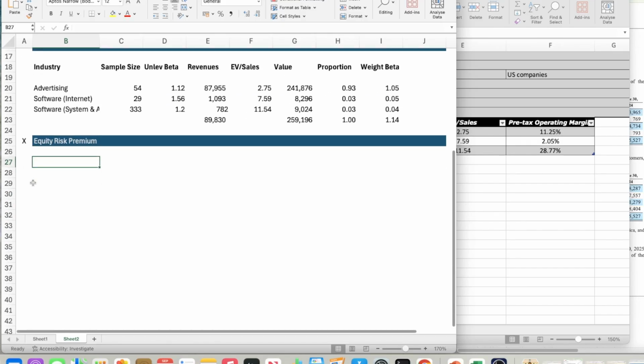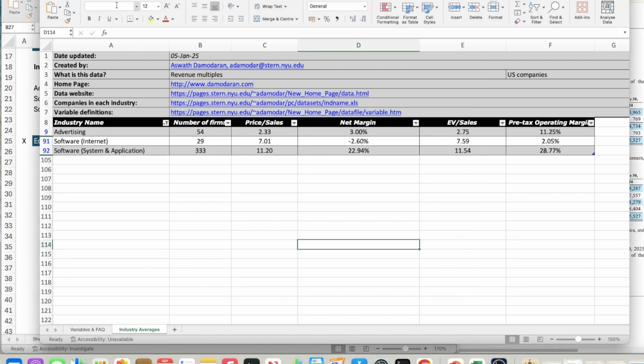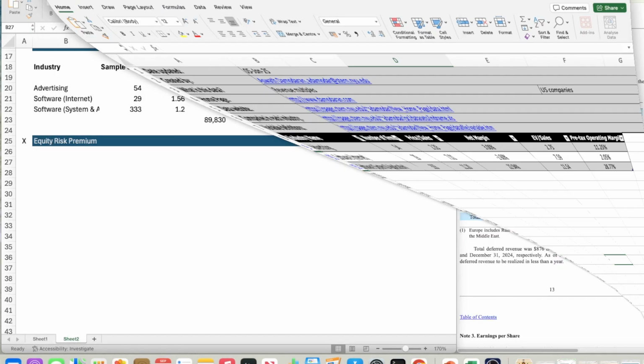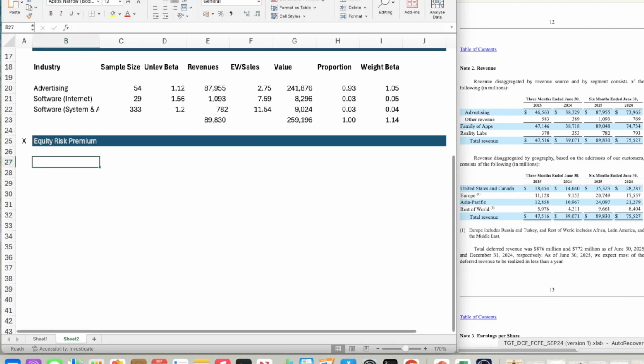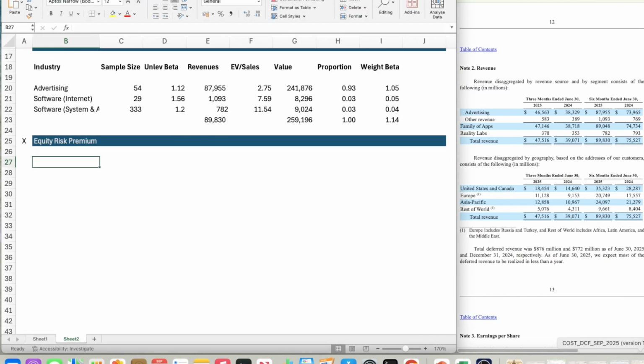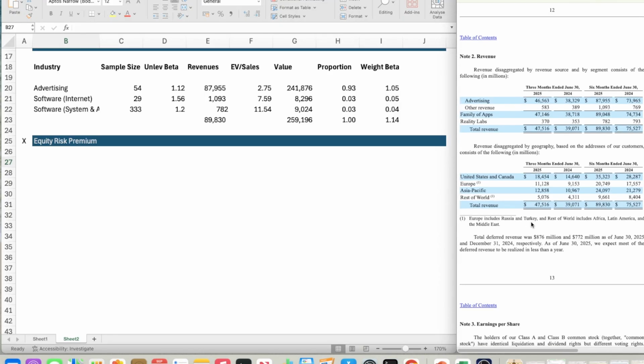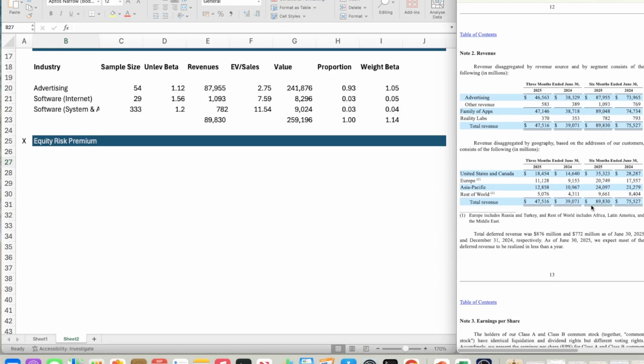And it does break down quite nicely. Do I have my... No, I don't. I need to get that in a second. Okay, so